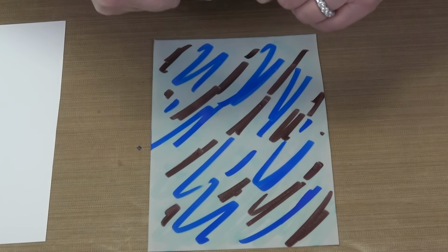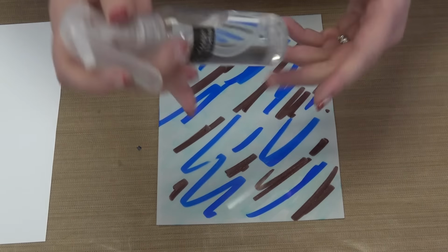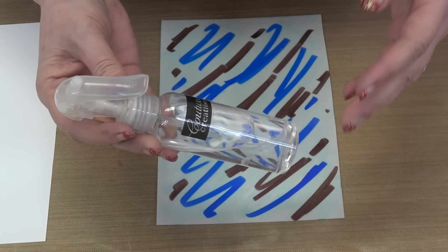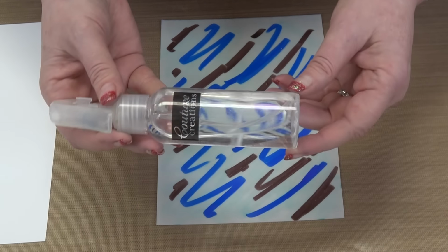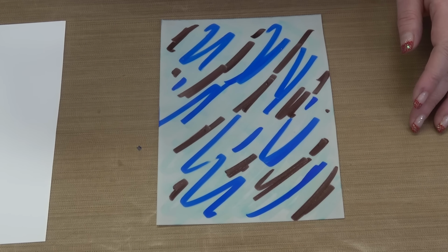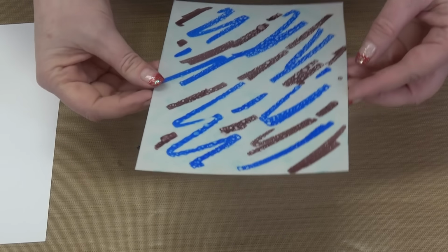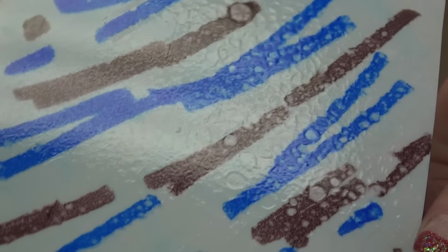Okay. So I've got it going, and I'm going to spritz, spritz, spritz with some hand sanitizer. You can use alcohol that is isopropyl alcohol, 70% or higher. I'm using hand sanitizer. It's whatever you've got, and I'm just going to go spritz, spritz, spritz. Little spritzes. Now you'll see that it is kind of making those alcohol ink little circles that happen when you